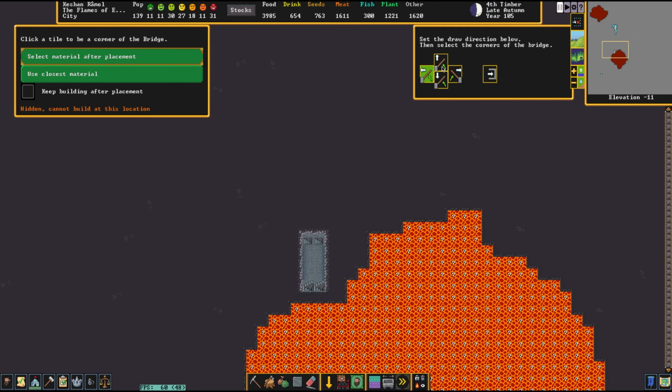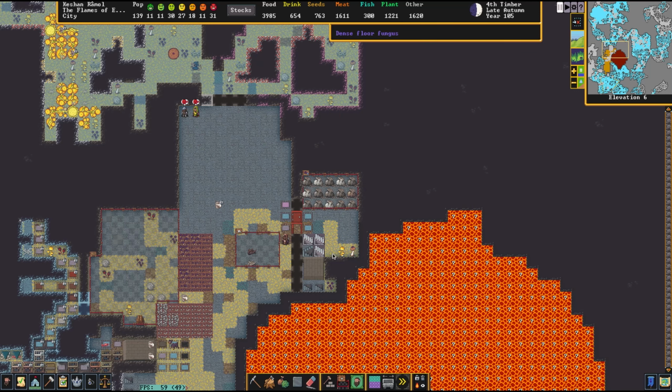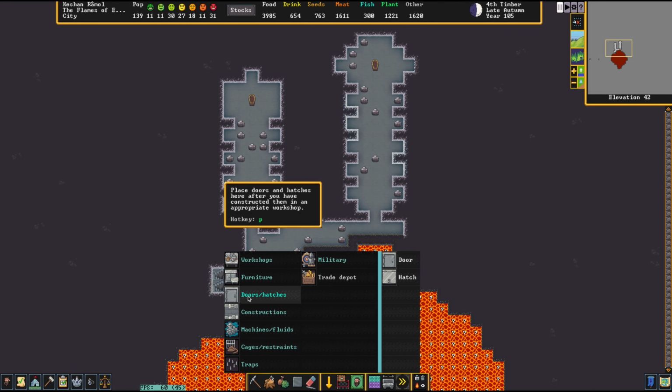And this is the bridge to Second Cavern. This is the upper bridge to C2. Good, and we go up to the lever room. Zoomity zoom. Up we go. Oh yes, that's right. I forgot about this. Let's go ahead and throw in those. We do need to deal with the